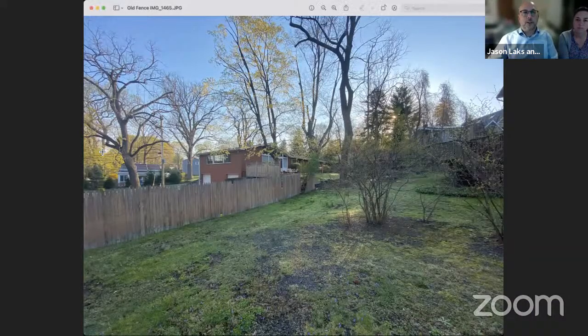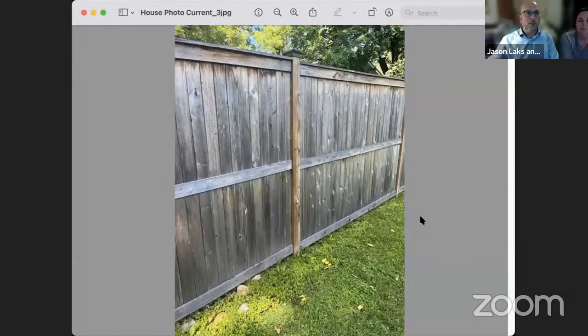You can see on this that it's fallen down on the side. And the new fence is the same footprint. That's the style of the new fence. It's in the same location, the same length, same height, but a nicer quality fence.